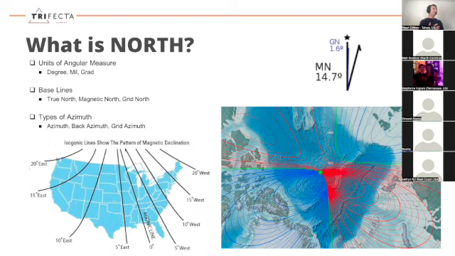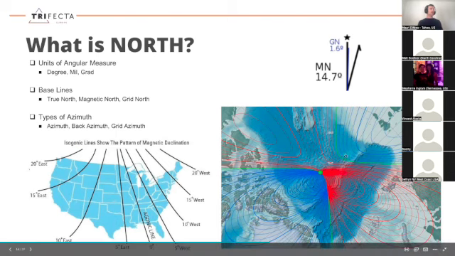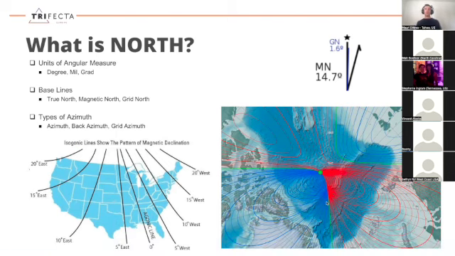And then on the west coast of the United States, we're at 15 to 20 degrees to the east. The image on the right shows what the magnetic fields look like across the globe. The only point where magnetic north is actually north is where you see those green lines on that bottom right image. The unit of measure we're going to use for measuring magnetic and grid north is always going to be